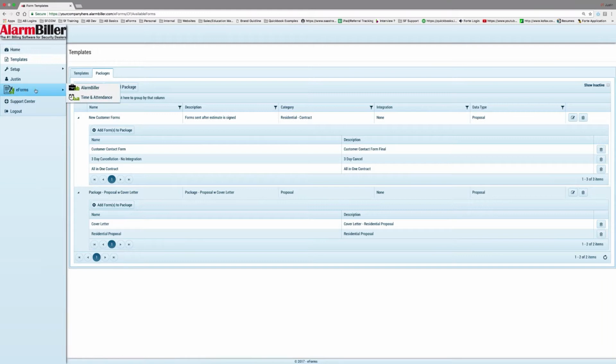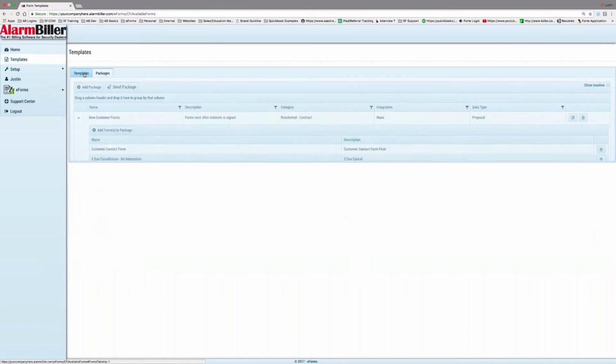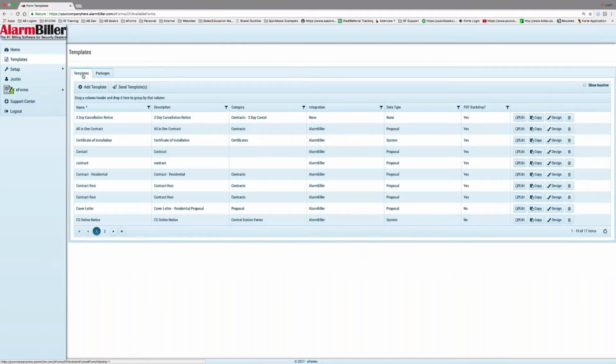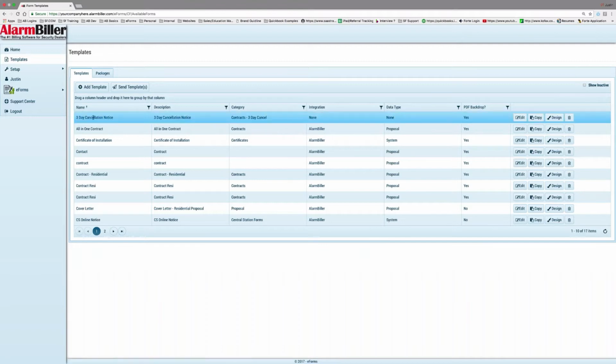So for the first time logging in, again, you'll have your tabs over here. So if you're an AlarmBiller user, you can toggle back and forth between eForms and AlarmBiller. And I'm just sitting on the templates tab right now. So templates right here, we have the name, which we discussed is just a specific name for this, the description,